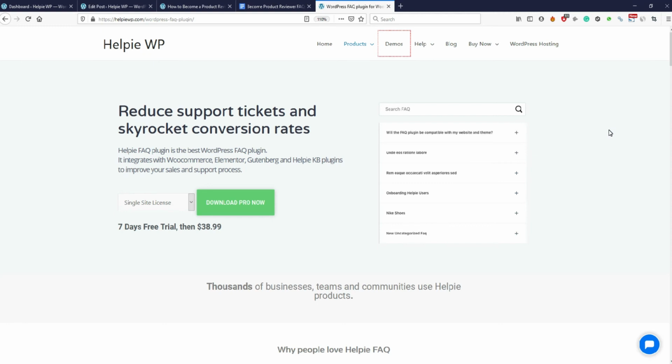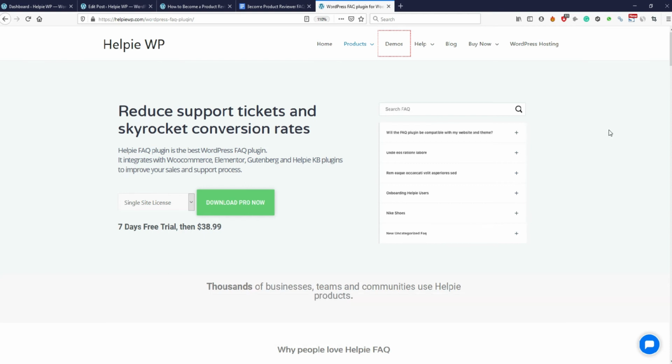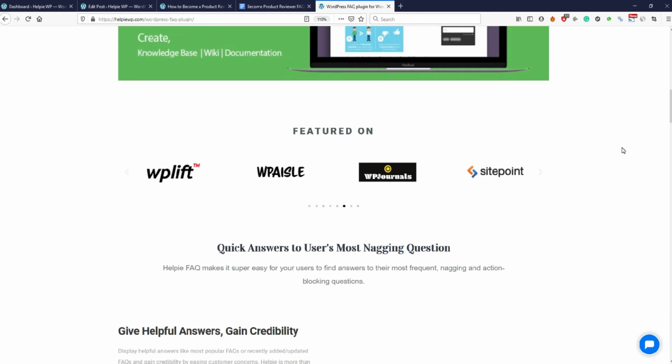For example, if your product or business service solves a particular problem for customers, you can add all these questions that your business or your product is solving as FAQs with schema, and you have a high probability of Google indexing you in the FAQ snippet area. This will bring much traffic to your website. This is not some junk traffic, this is highly convertible traffic. Here you can see this in this Help FAQ Pro versions page.